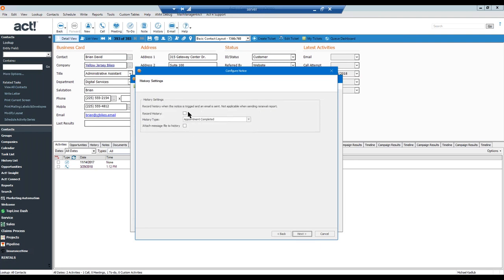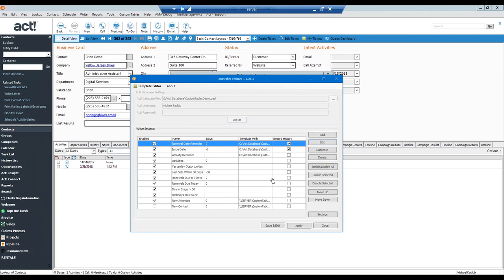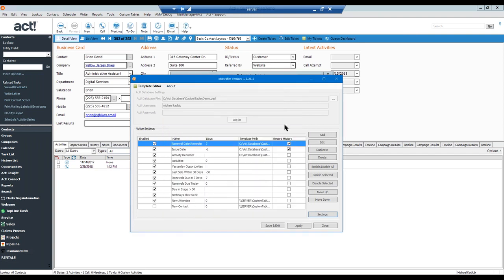It'll create a history that you sent that email, and then that's it. So I guess that was a long way of telling the answer, but the answer of where the email comes from is always going to be here in the settings. So this is the email address that it always comes from. And then, as I mentioned with that activity one,